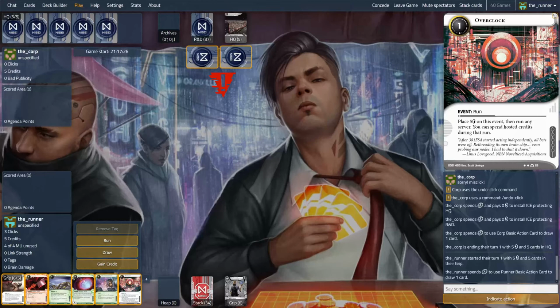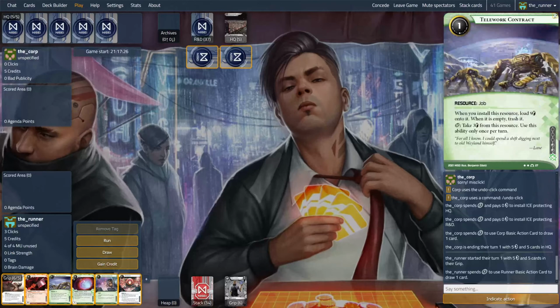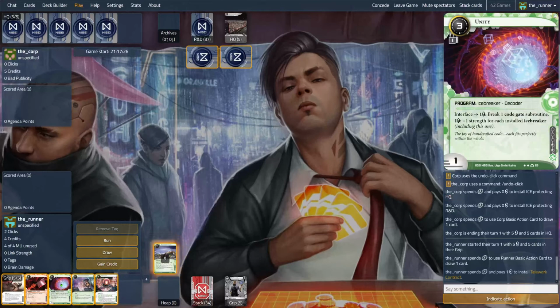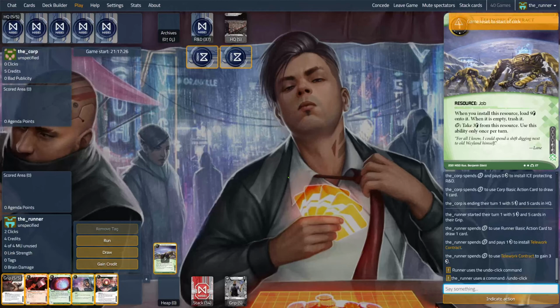And yeah, okay, what else should I be doing as the runner? I should probably be installing some cards. So let me just install a card or two. Let me just, well, what should we do? Creative Commission? Well, we still have 3 clicks. So let's drop this. Let's click it because you can only click it once. Oh, actually, yeah, I should be telling you what's happening right now with telework contract, right? So I'm going to, guess what, undo the click. Because here we are at this moment where a very important thing happened,